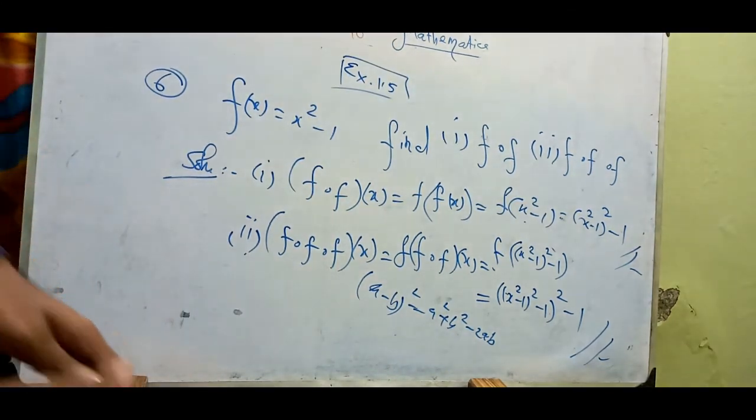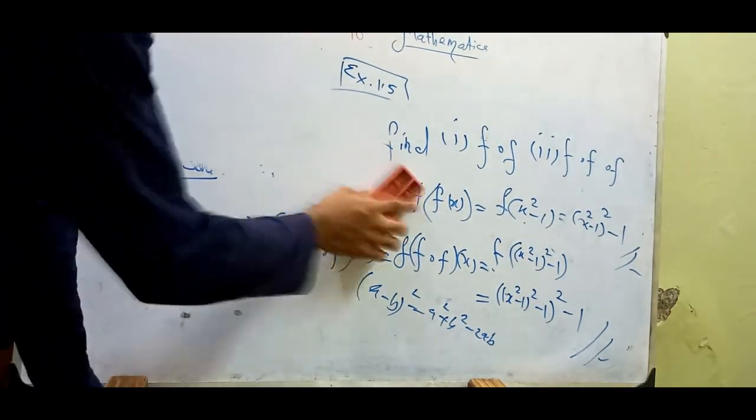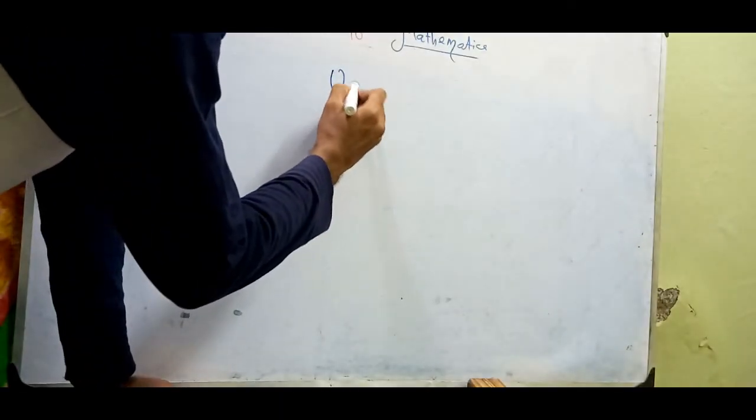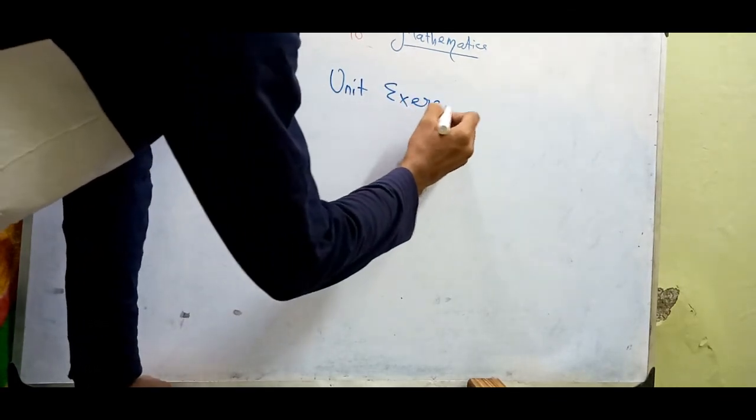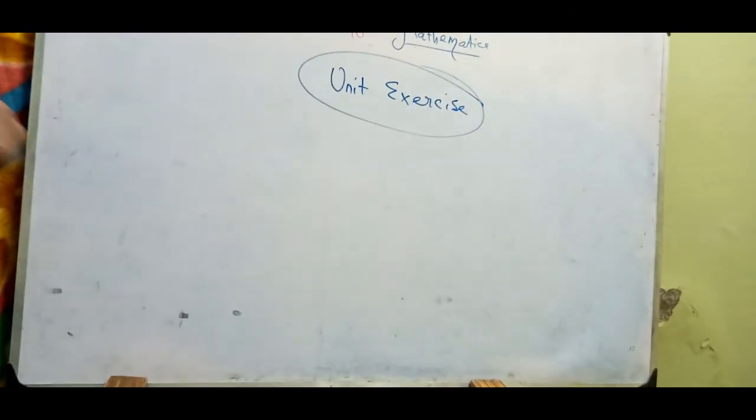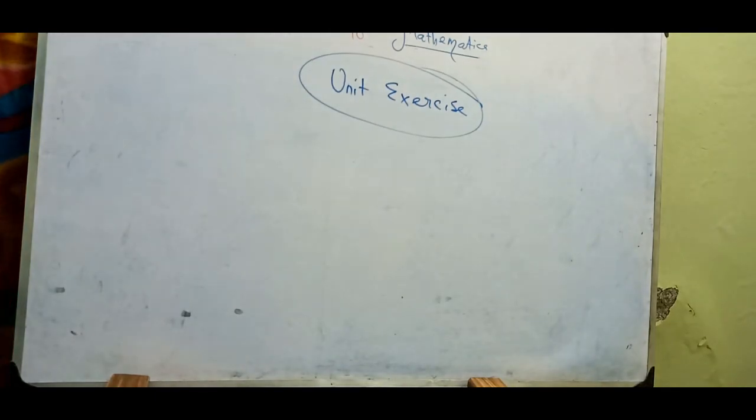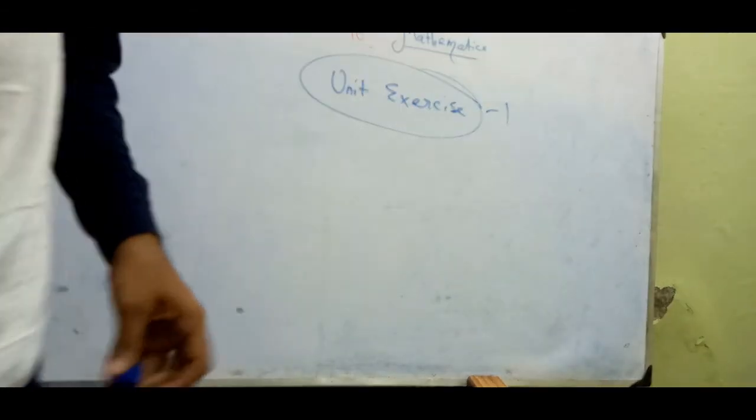Got it? Okay, we shall move to the unit exercises. Make sure that if you have a doubt, you can leave a comment. Okay, now we will finish up this chapter by finishing the unit exercise. In that unit exercise also, I am going to finish only 2-3 problems. The rest of the problems you have to do. And exercise 1.6 is a multiple choice question, that is 1 more question. So unit exercise 1, that is chapter 1.